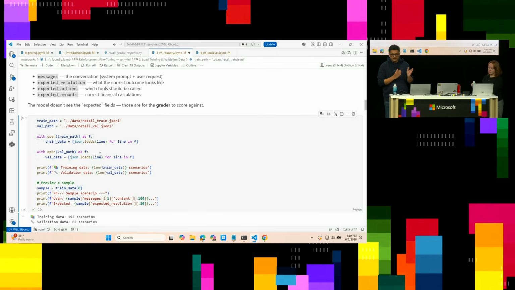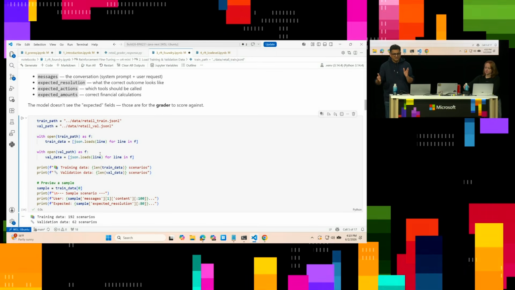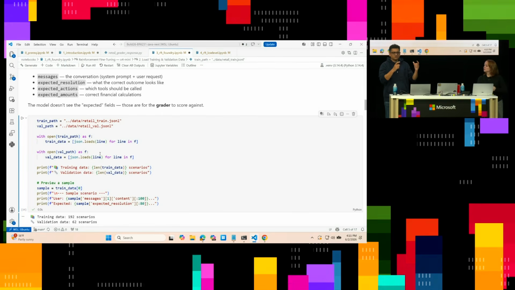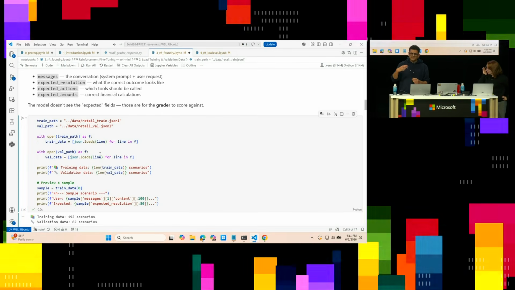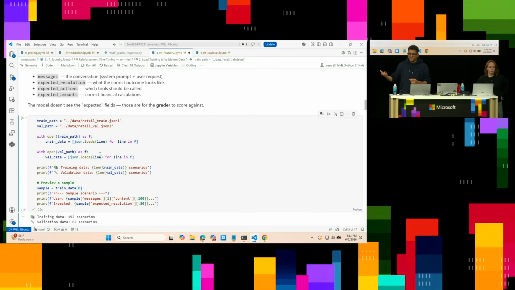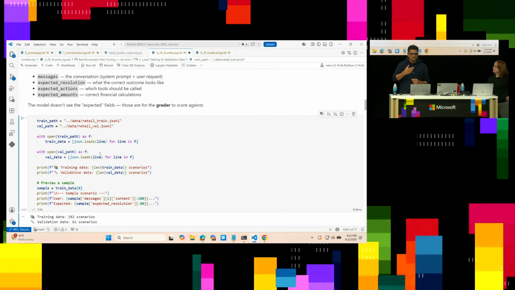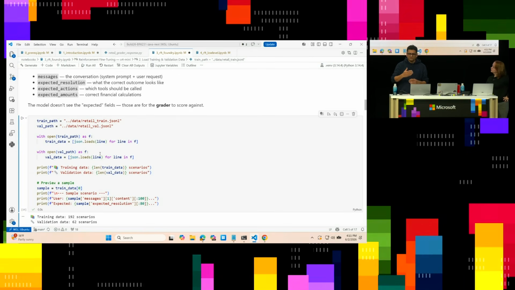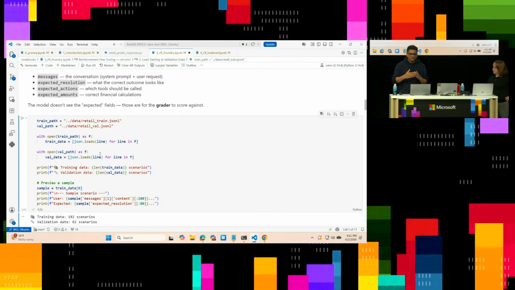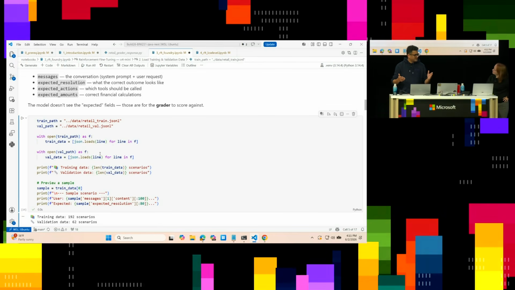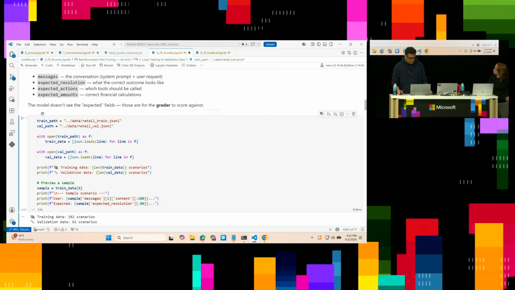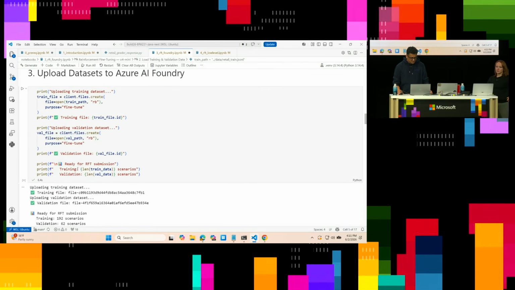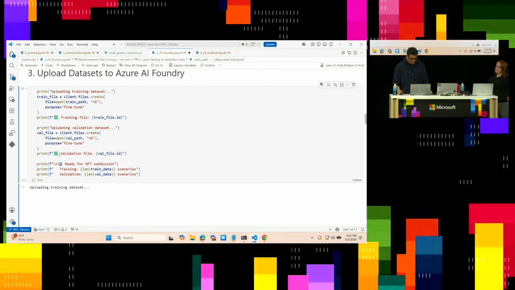But the training data right now doesn't have the entire tool call history. It only has the actual message that the user had asked. And then it has some ground truth that will be used by the grader to grade this. So, for instance, you will have the final score that has to be reached, but it wouldn't have which tools to be called to get to that. It wouldn't have the message body itself that needs to be written, and so on. So we do this, we upload it to Foundry,